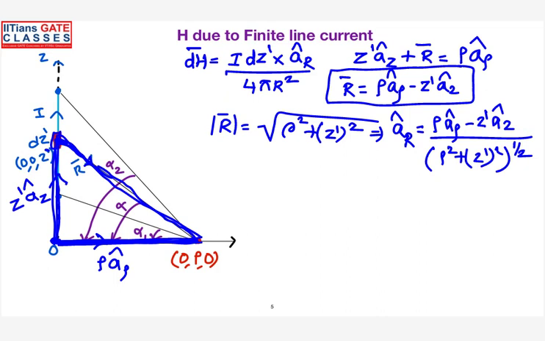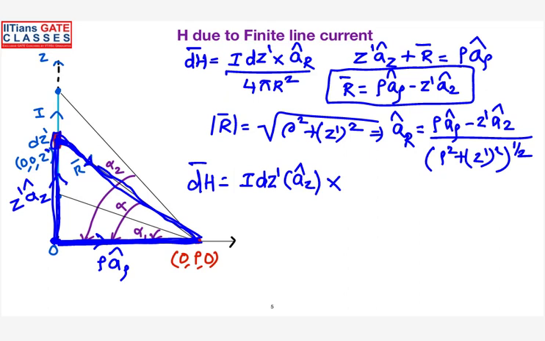At the same time, if you want to write the differential vector, the current element is located in the z direction. So what will happen to the differential magnetic field? I into dz prime, and this is located in which direction? Z direction, cross product with